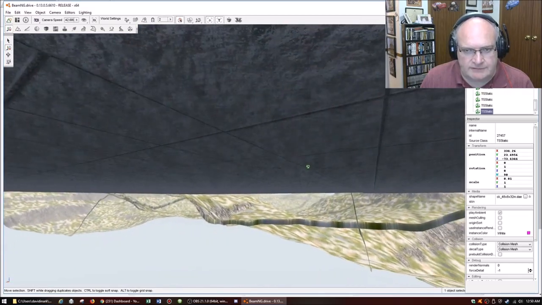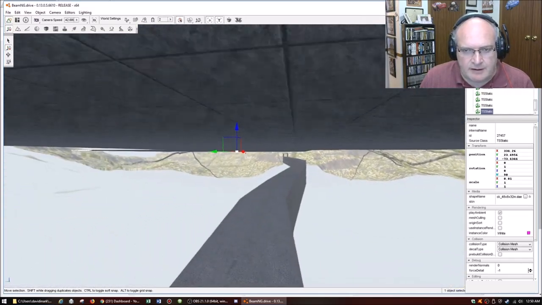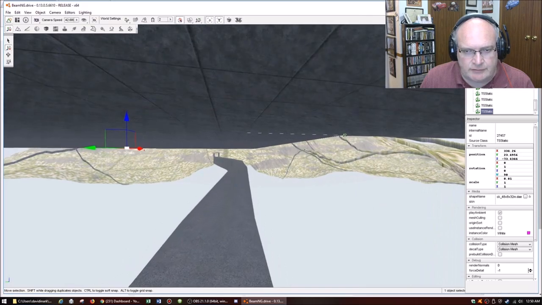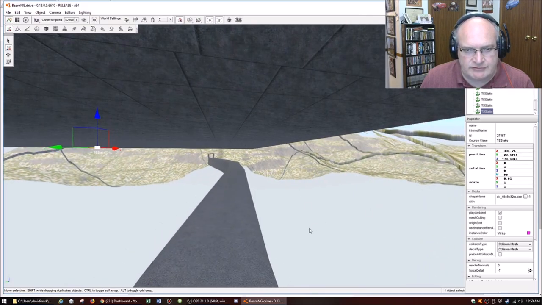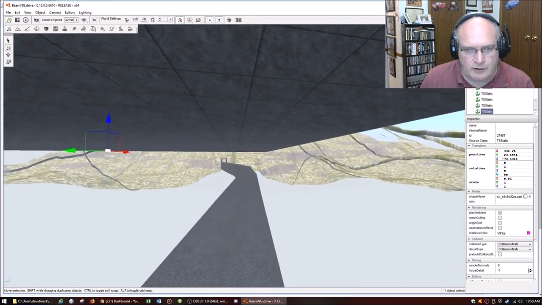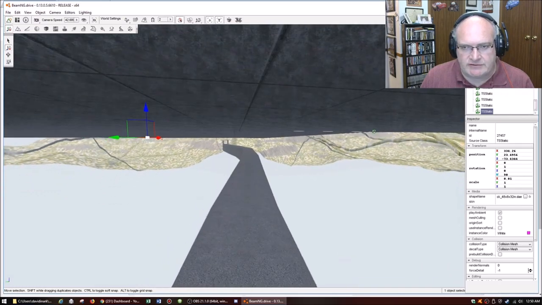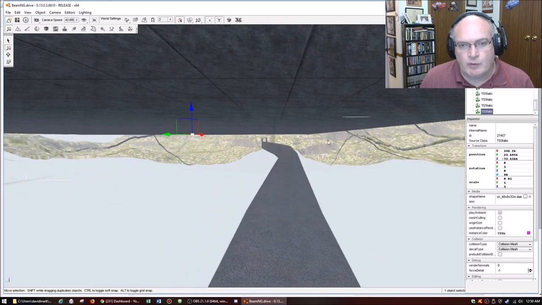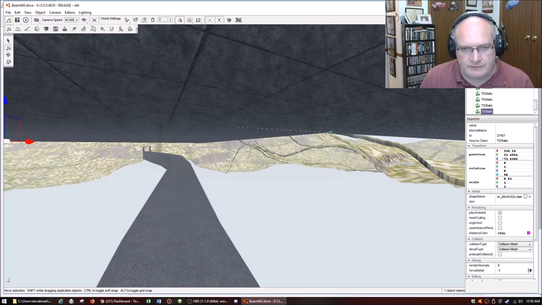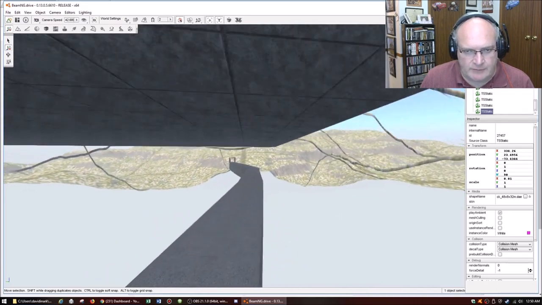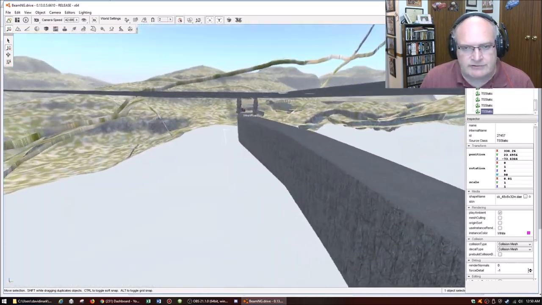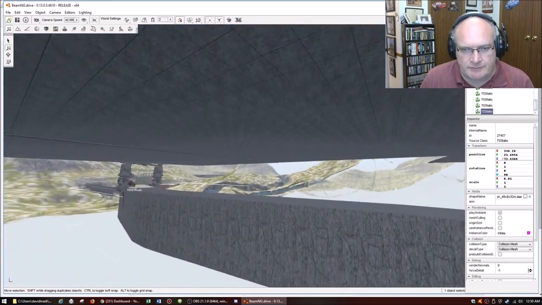Well, okay, that should line up a little better than that. But as long as your roof covers your road, that's what matters, because when you put your walls up, the rest of that's going to be covered anyway, and it won't matter. So one way that you could do your walls would be to paste in